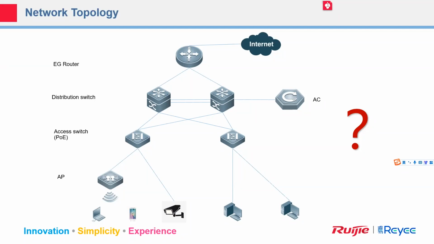But the upper layer, maybe it's the distribution layer. We usually have some high performance switches located on this layer. On this layer, the device number is less than the access switch, but the performance is better because we connect with multiple access switches, and so much traffic will be sent out at the same time. So we need higher performance. And of course, in your network, besides the distribution switch, we may also have the core switch. The core switch's performance is higher than the distribution layer.